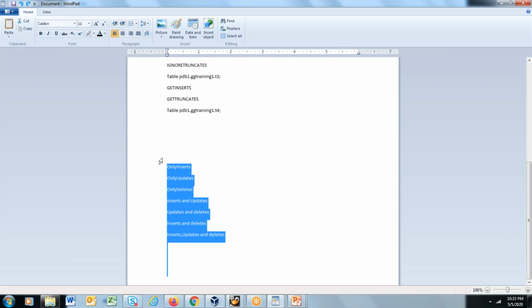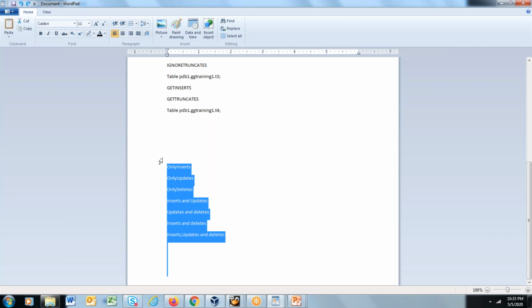Okay, yeah, Chalasani. Suppose we have 100 tables, and for some critical tables they want everything: all inserts, updates, deletes and truncates, and for the other 20 tables they want only deletes and updates.